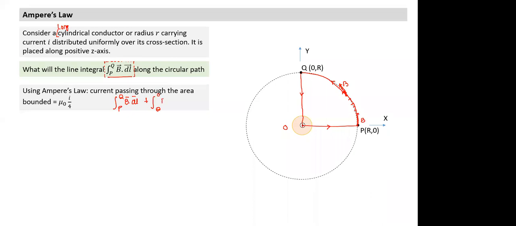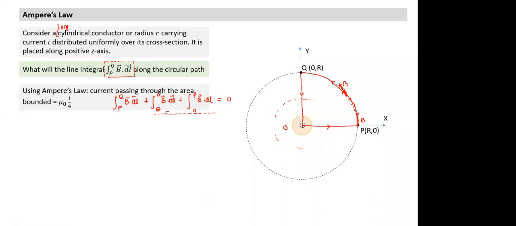Q to O, and then O to P. But I want to find this, and I get 2 additional terms. So again, there's a problem. So what do you do with these 2 terms? They're zero, right? Because of the 90 degree angle. Whenever we have cylindrical symmetry, the field forms circular loops. So whenever I take a path which is radial in nature, B dot dl, everywhere B is perpendicular to dl, cos theta is equal to 0.